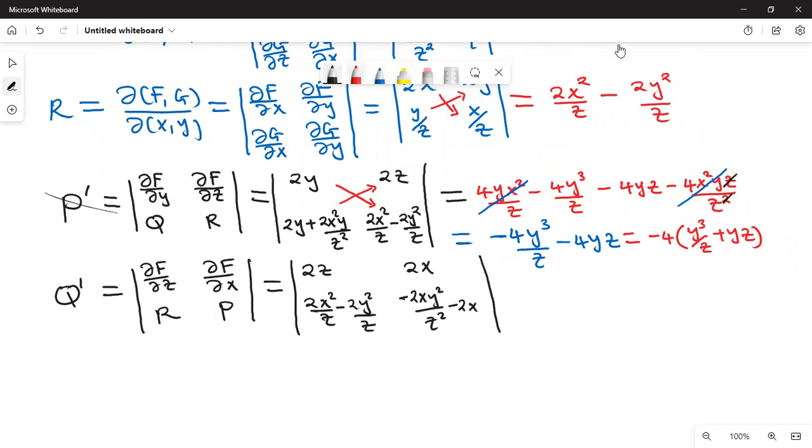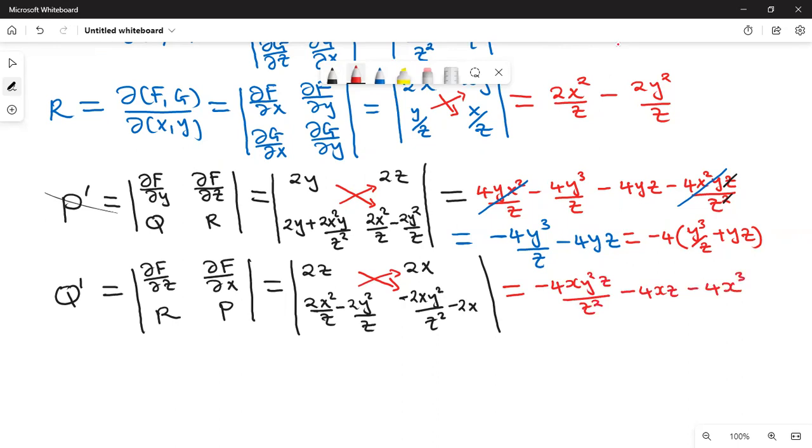Determinant. So we start by multiplying this, then the other one. So when you multiply the leading diagonal, we'll get negative 4xy squared z over z squared minus 4xz. Then the other diagonal is now negative 4x